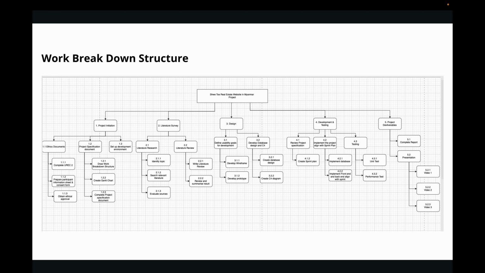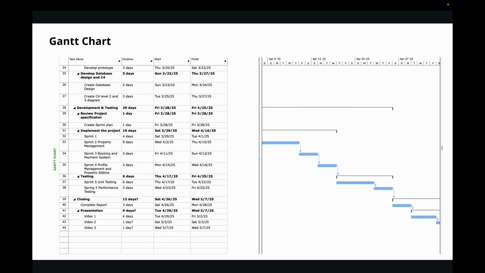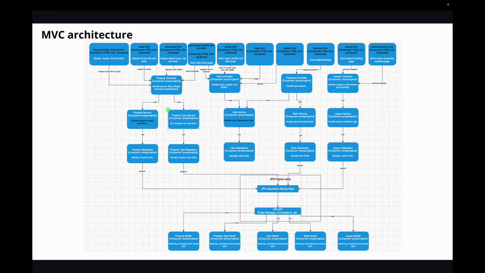Agile planning works very well in managing time and scope, especially with the multiple features to build in the stage. The work breakdown structures and Gantt charts give me visual clarity of the workflow, deadlines, and test dependencies. For the architecture, I use the MVC pattern to separate concerns, making the application easier to maintain and scale. Each component, model, controller, and view, was kept modular, allowing individual updates without affecting the whole system.